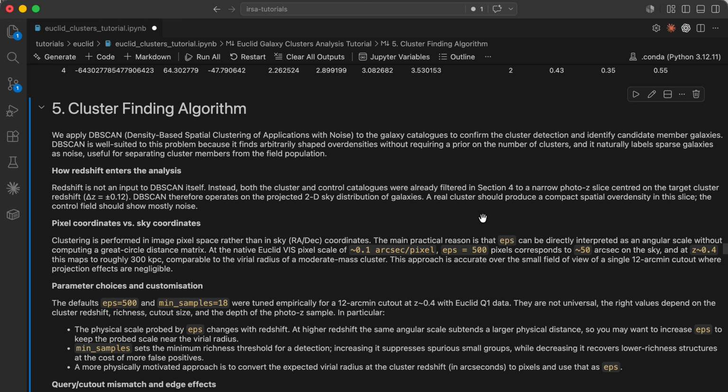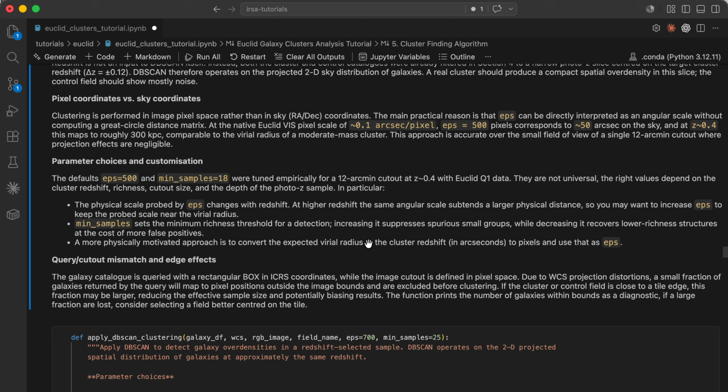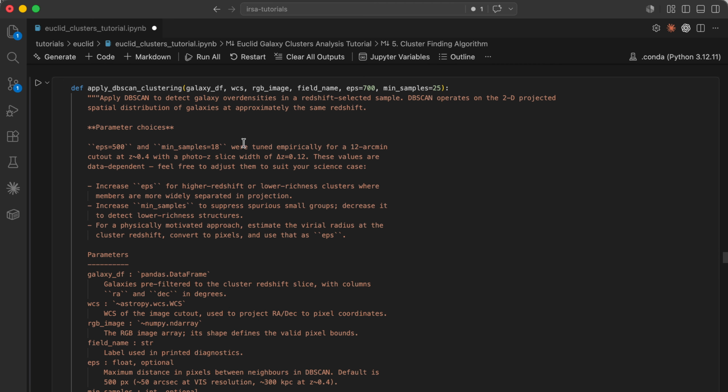Then we use DBSCAN, as I mentioned in the beginning of this video, which stands for density-based spatial clustering of applications with noise. It's an unsupervised machine learning general technique of finding overdensity. It has two different parameters. One is called epsilon, which is the radius within which something can be counted as a neighbor, and then it also has min samples, which is basically the minimum number to be considered a density. These two numbers you can play with to find something that is reasonable,